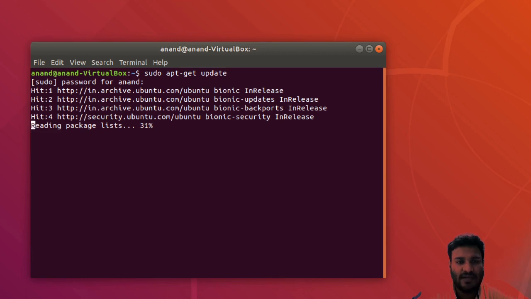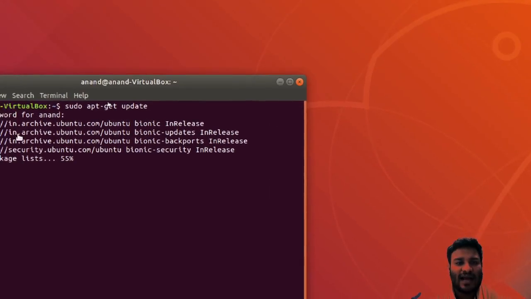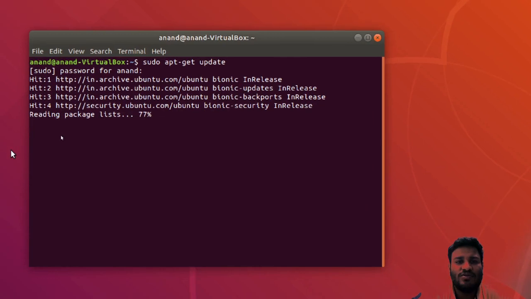Let everything be updated. So what exactly is sudo? Sudo is the super user in Linux. This tutorial is not to make you understand Linux, but yes, sudo is the super user which is above all the users. apt-get is the repository tool of Ubuntu. Anything it needs to download from its repository uses apt-get, and here it is just updating the repository on your system. So we have updated the repository.